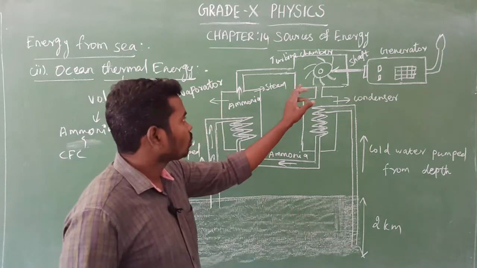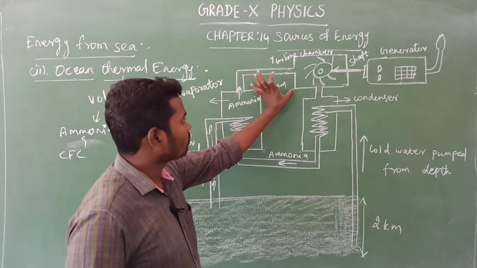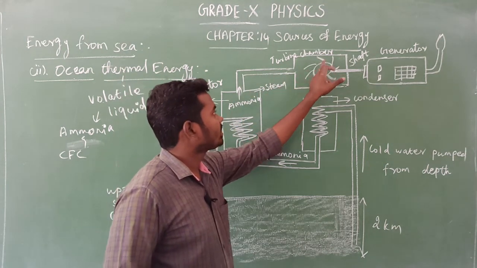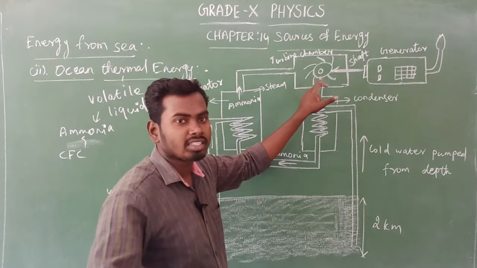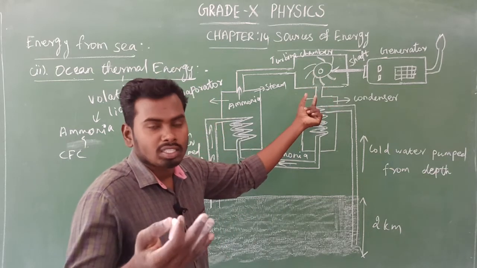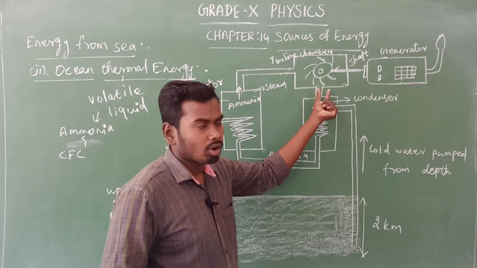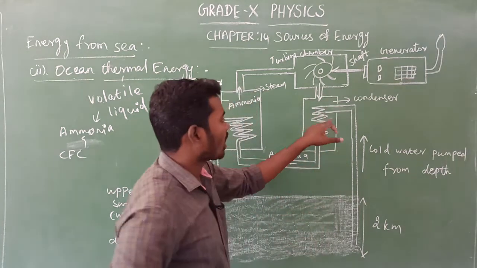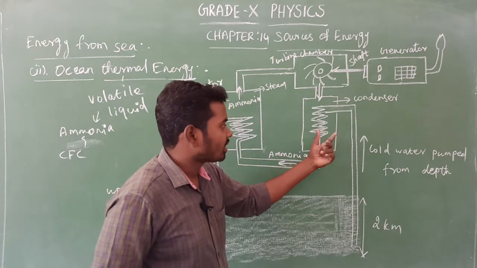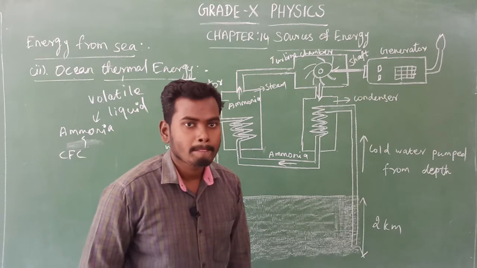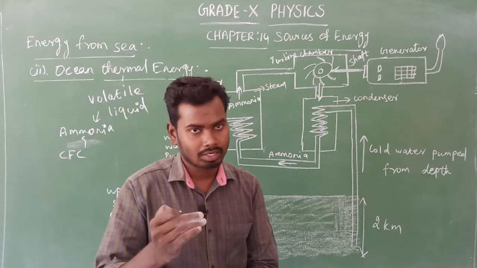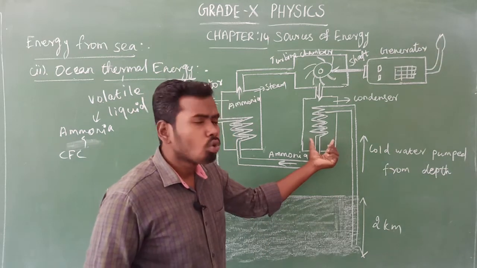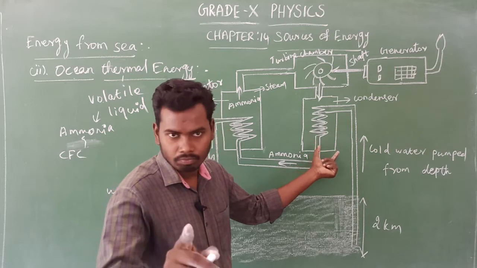Yes, very simple. So look at here. Now come to this point. When the pressurized ammonia steam goes through the turbine chamber, due to the rotation of the turbine, some amount of this ammonia comes through this gap and comes to the condenser here. This is the condenser. Do you know what a condenser is? The device which cools the steam, generally we say steam, that is called a condenser.